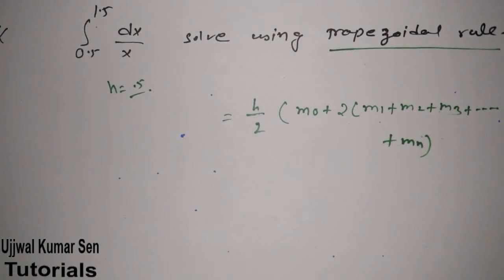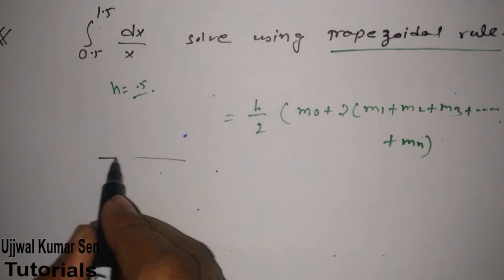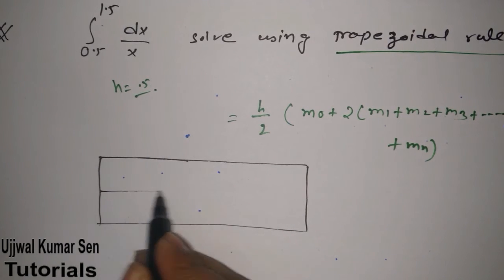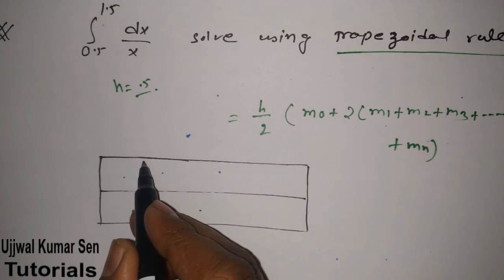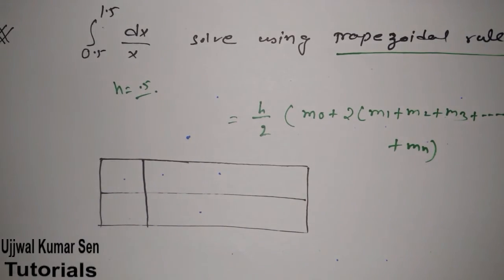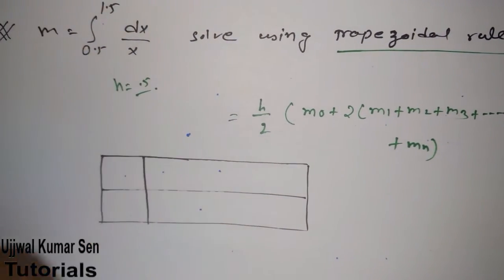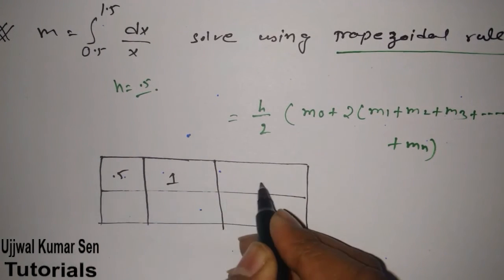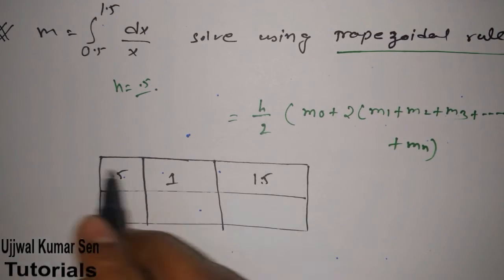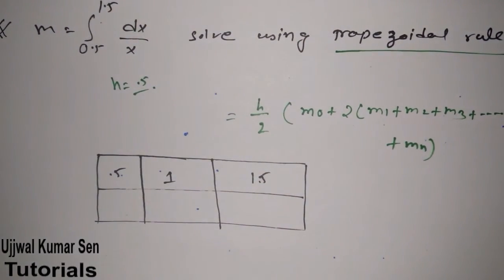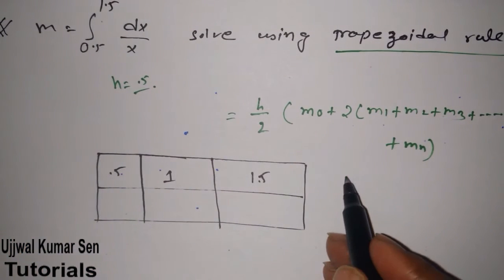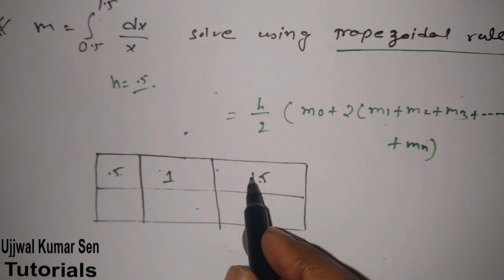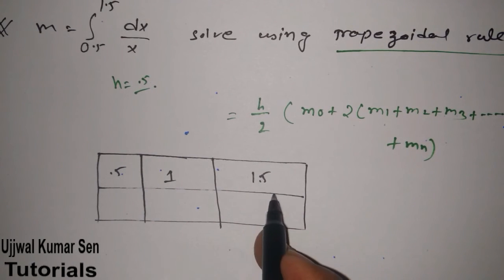So we are going to do a simple calculation here. Most probably you have done it earlier, maybe in 12th class also. Let's say this is m. So 0.5, 1, 1.5. You have to take equal intervals between these. Suppose they had given up to 2, then you would have to take 2 also here. But in this question they have given up to 1.5, that's why I have taken 1.5.